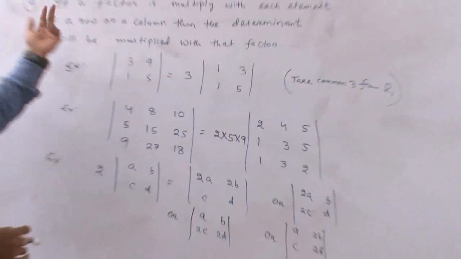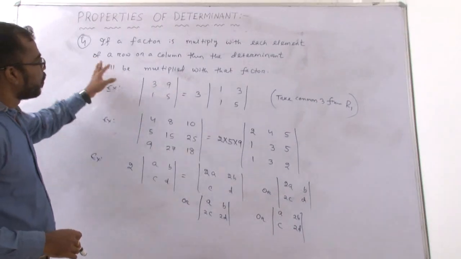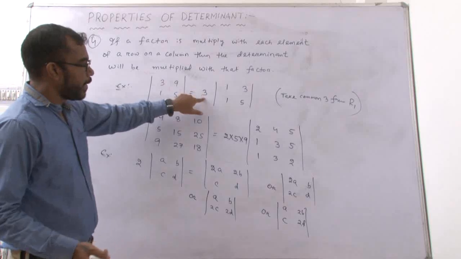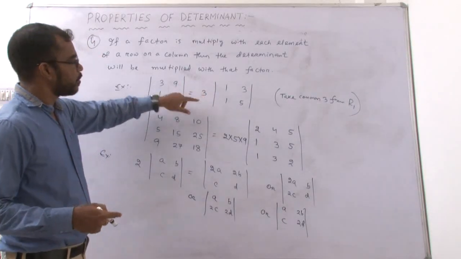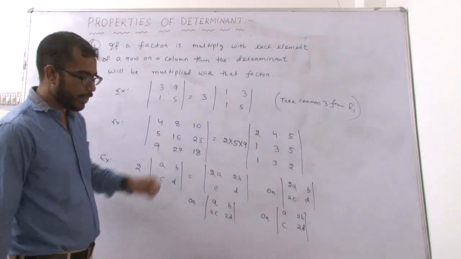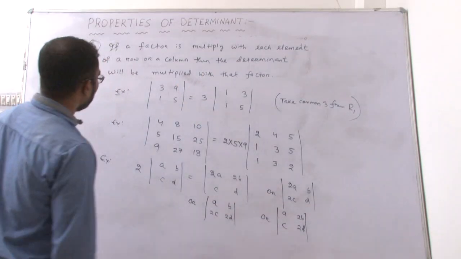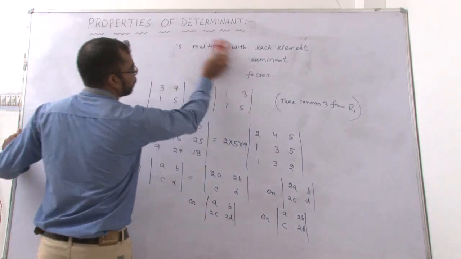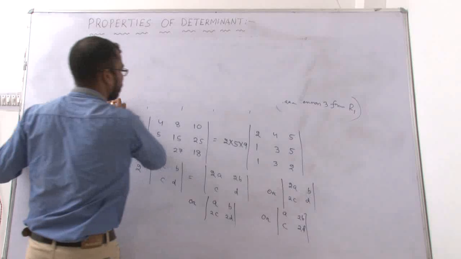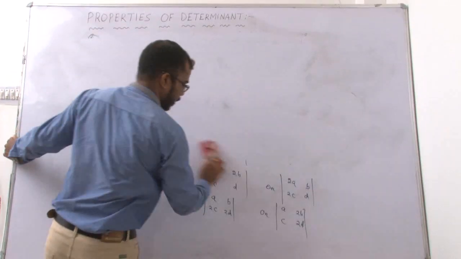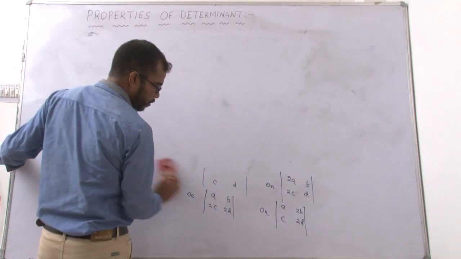That means if a factor is multiplied with each element of a row or a column, then the determinant will be multiplied by that factor. That means we take common the element which is multiplied to the whole row or column of the determinant. Okay. Now proceed to property number 5. And the property number 5 is,